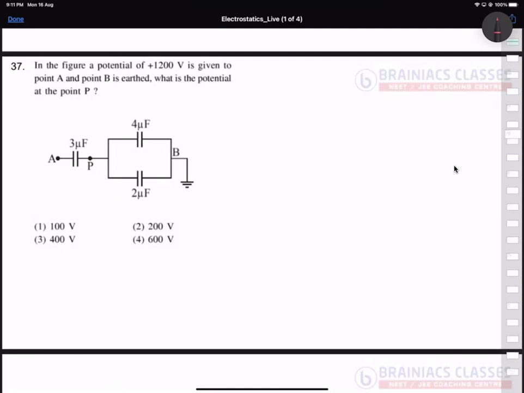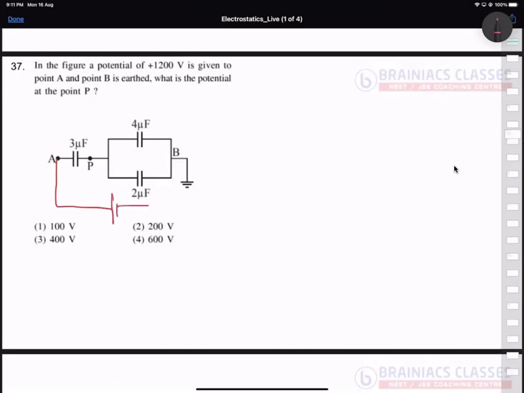Okay, listen very carefully. Again, I'm saying this model of question is very important for all the entrance examinations. A circuit diagram is given. This is a capacitive circuit, only capacitance will be there. Once you get the circuit, first we need to modify a little bit of information. What is given, we need to redraw the circuit. Redraw the circuit means here itself I am redrawing.